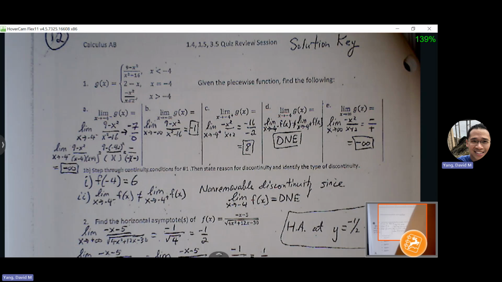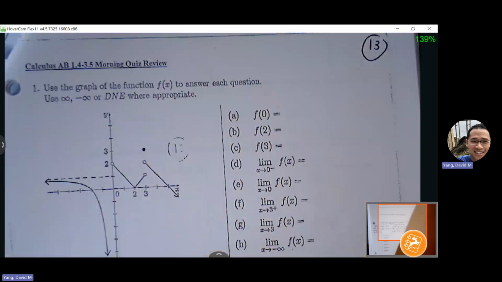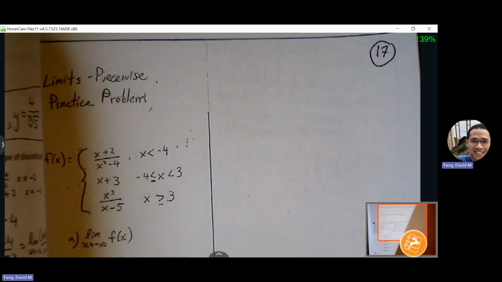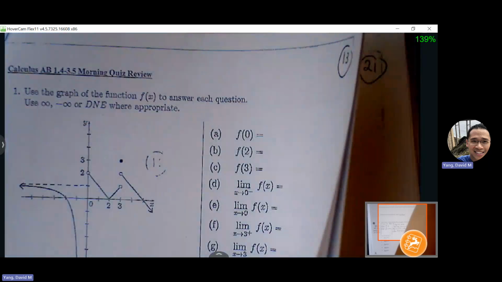In order to check both sides, right? x plus 4 and the -4. This one is going to be